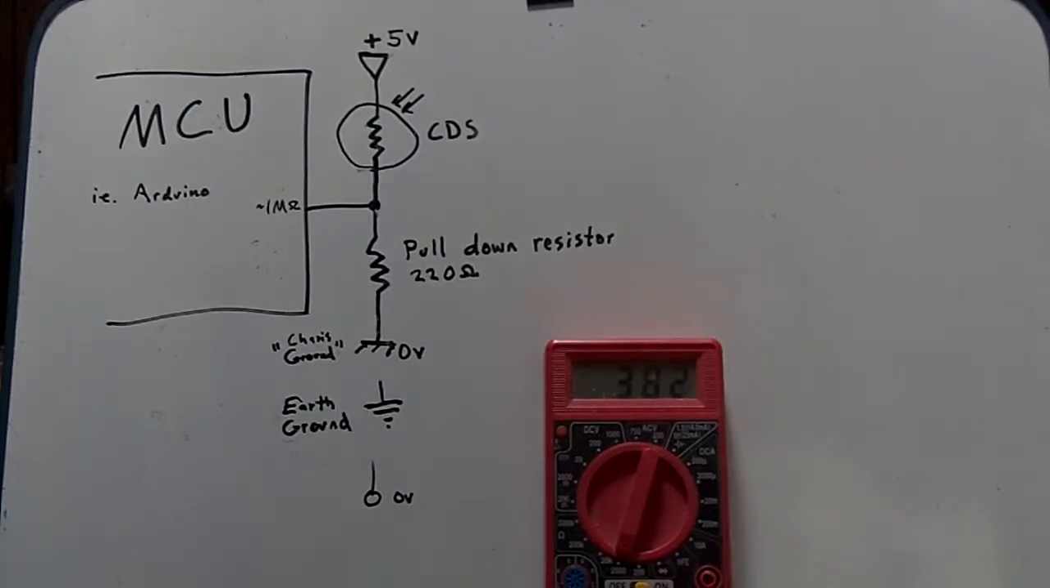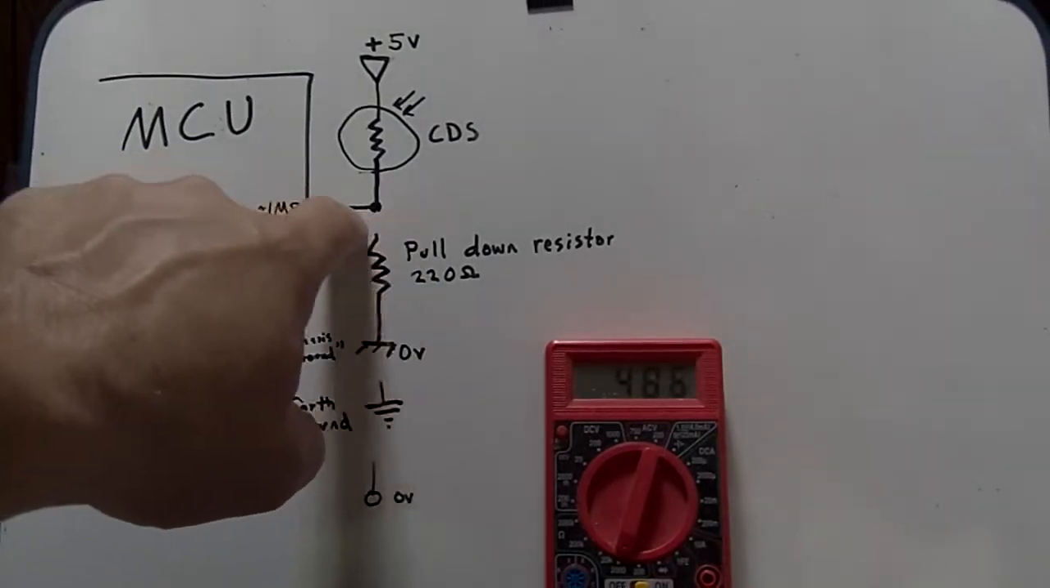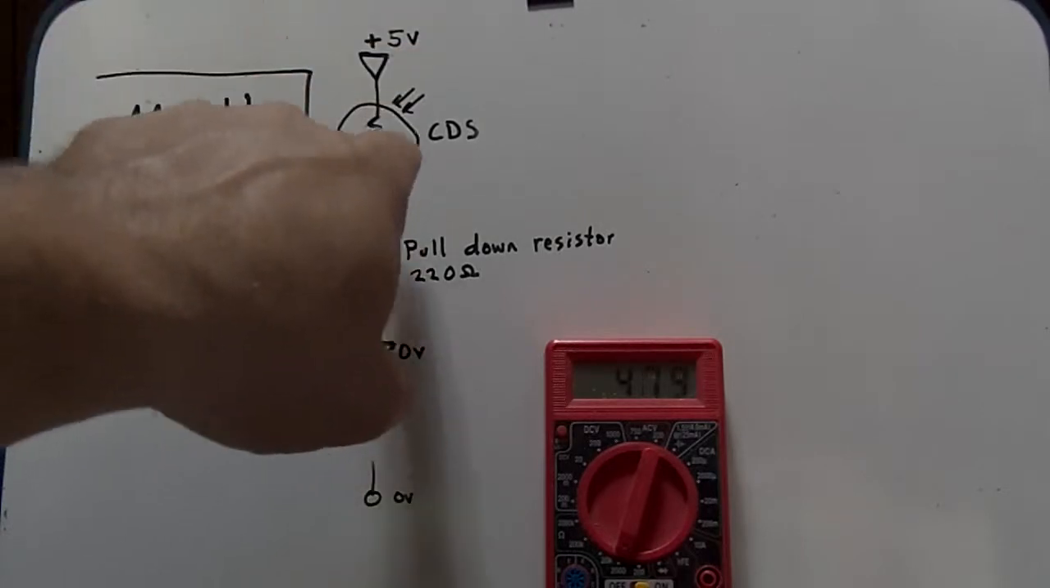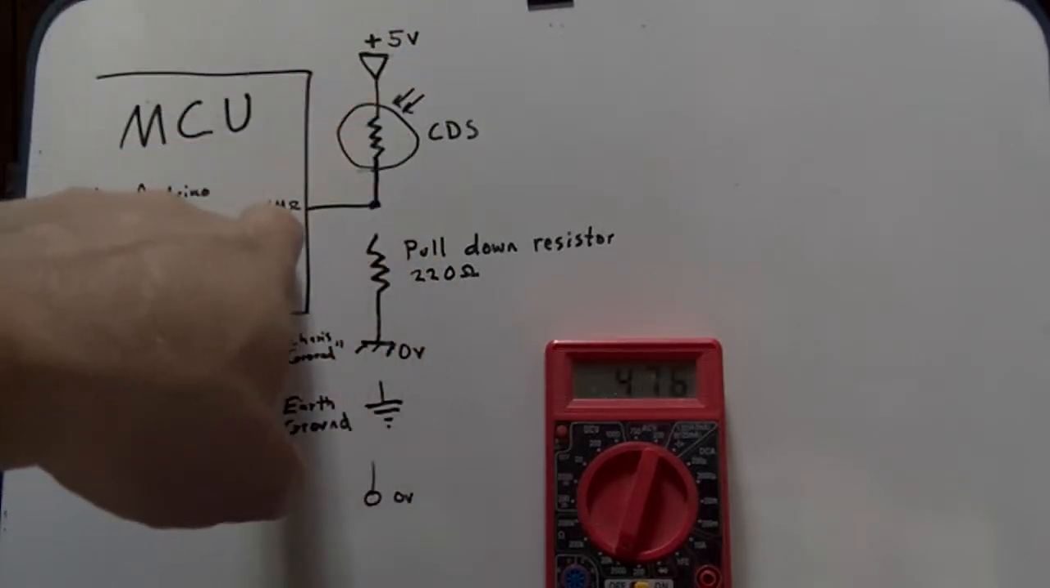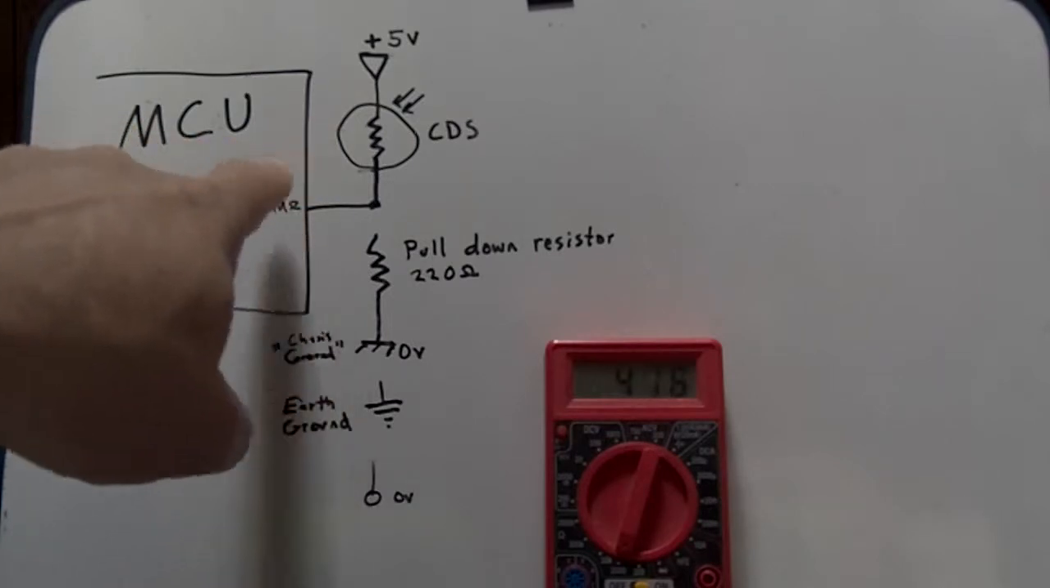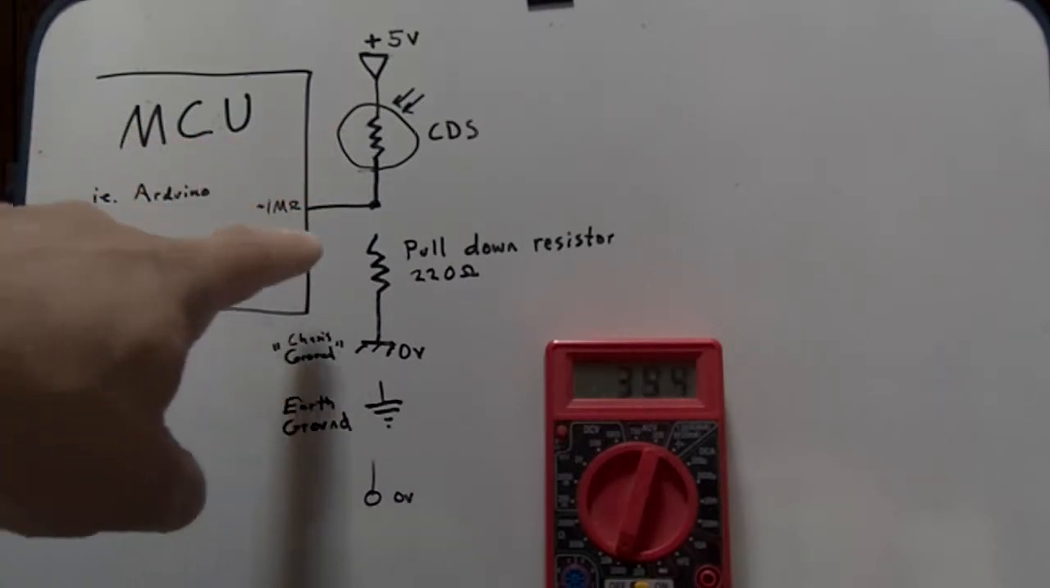And so just out of guesstimation, I figured I'd use a 220 ohm resistor for a pull-down resistor on this CDS cell. Why did I need a pull-down resistor? Well, if I ignore the pull-down resistor and simply hook the CDS cell directly from the 5 volts through the CDS cell into my analog input on my MCU, which in this case is an Arduino,